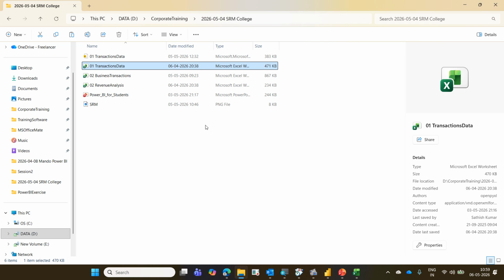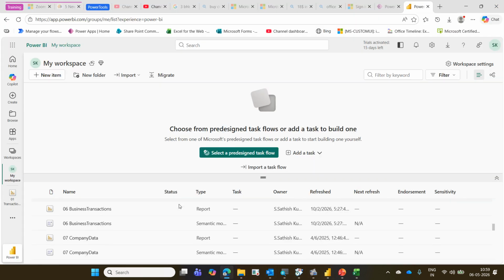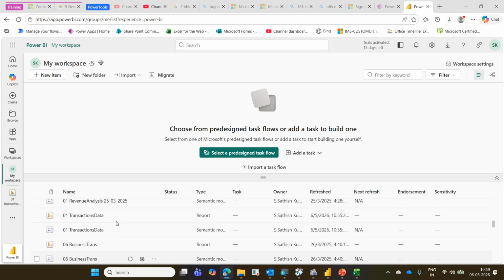So you can go to app.powerbi.com, the semantic model. Under the semantic model, you can see there is a button available called refresh. When I click on refresh, the newly added data will get updated. Every month, every year, every day you are adding some new data on the source. It has to be updated on your report. So you have to come to your semantic model and refresh it.